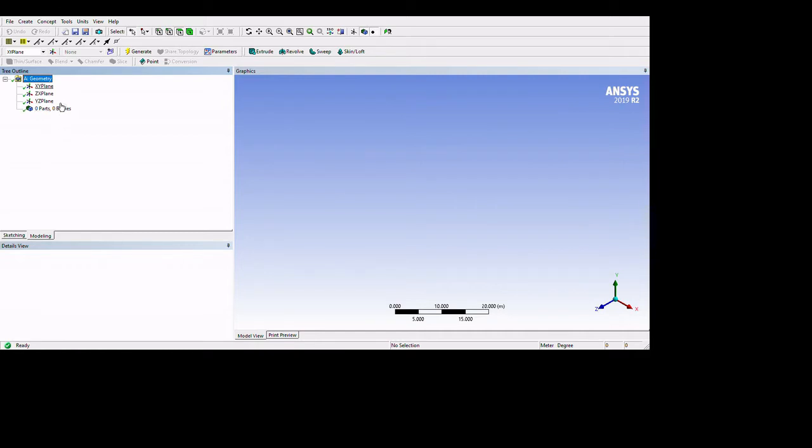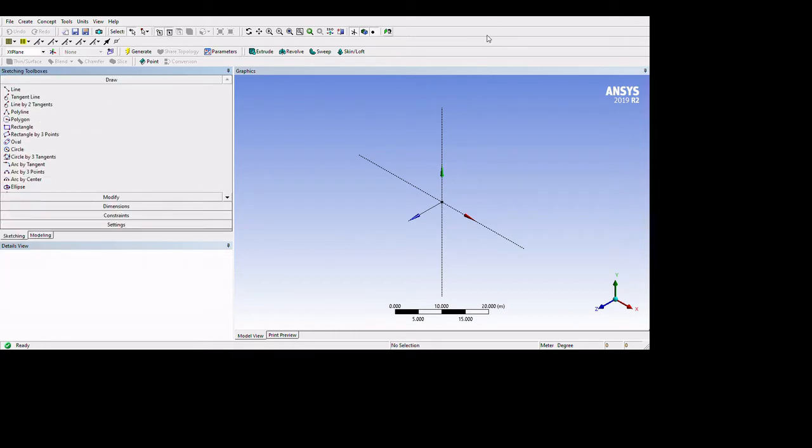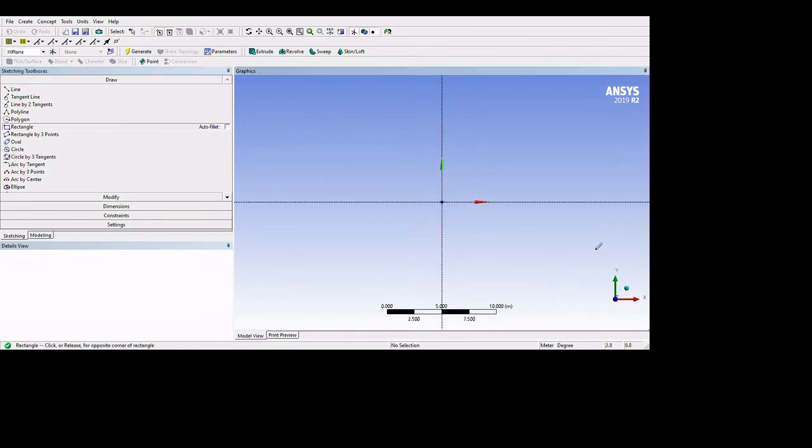To start with, just click on a plane. For me, I'm choosing the XY plane, and I'm gonna go to sketching and press this icon. Look at the face perpendicularly. Now we draw a rectangle